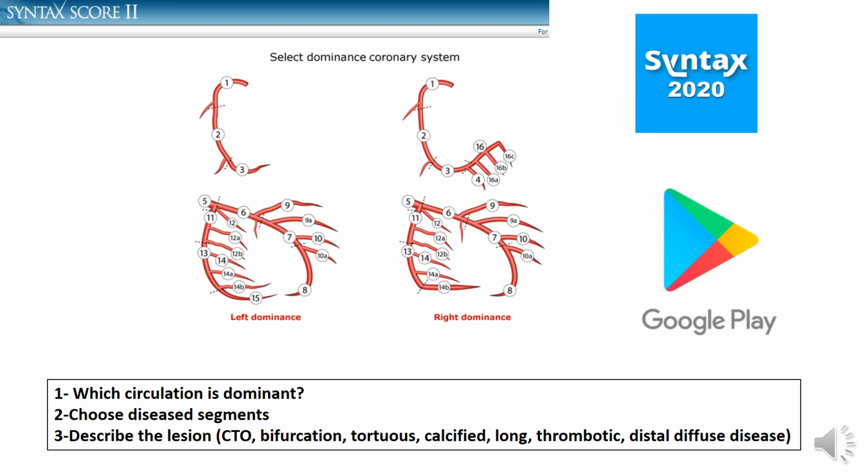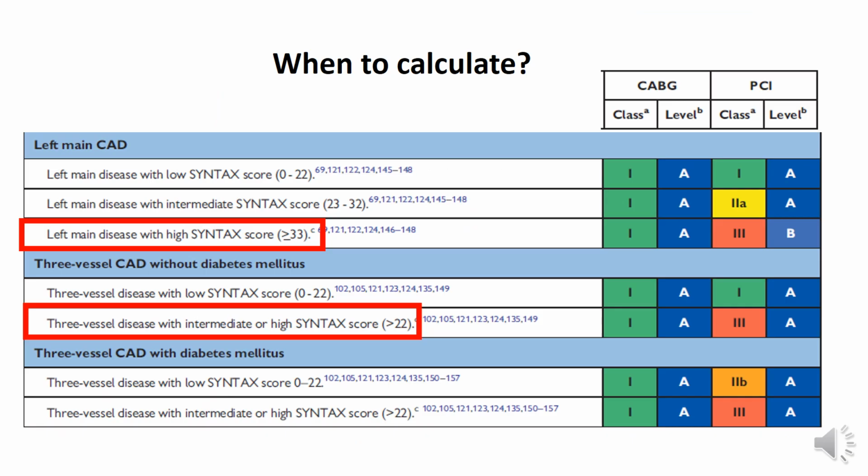Is it CTO? Is it a bifurcation? Is it calcified? Is it thrombotic? And so on. Finally, you will get a score. In case of left main disease, if this score is more than or equal to 33, that means that surgical treatment has a mortality benefit and a better outcome than PCI, and it should be the treatment strategy of choice